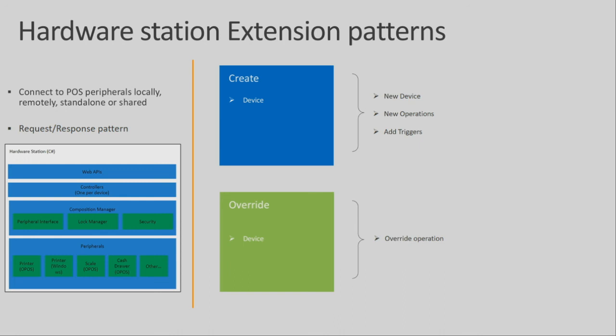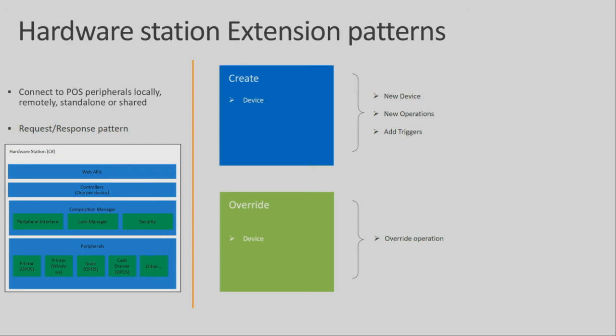The important change we made was that we changed this also to the new request response pattern. From here, you can create a new device extension, or you can do a new operation. A new operation is like, say in our existing printer device, we don't support a ping test. Whenever your POS loads, you want to make sure the printer is running, which is kind of a ping test. To our existing service, if you want to add something new, you can add a new operation to the existing one, or you can add a pre and post trigger also for the hardware station.